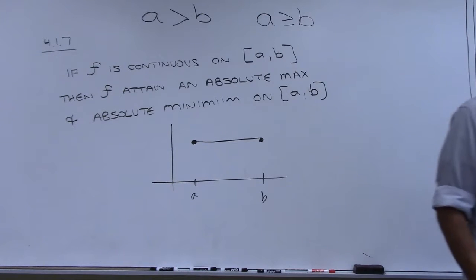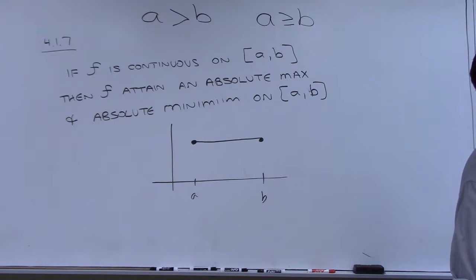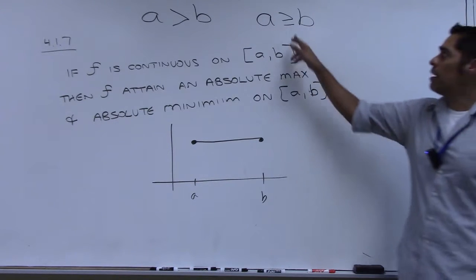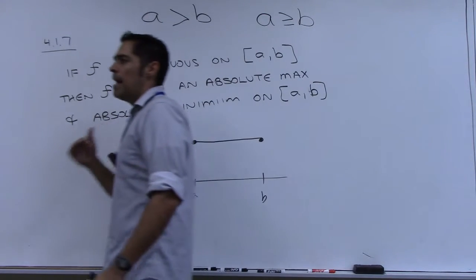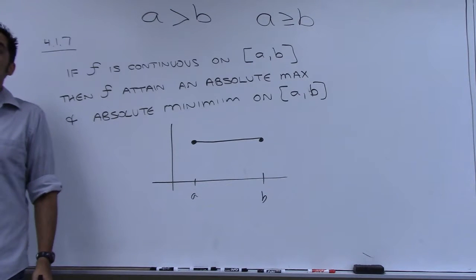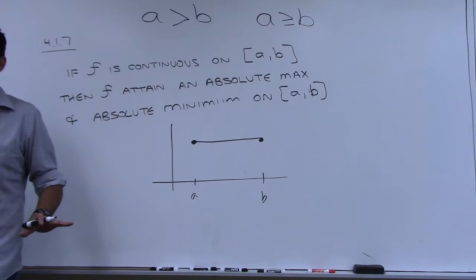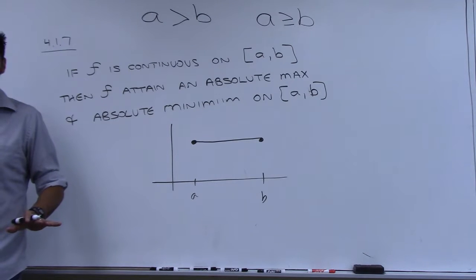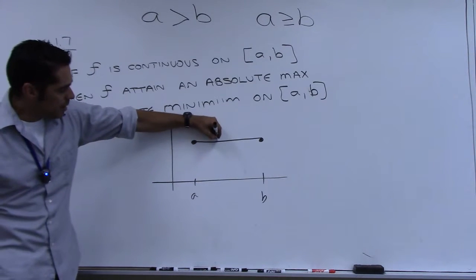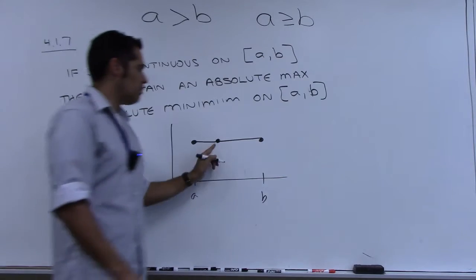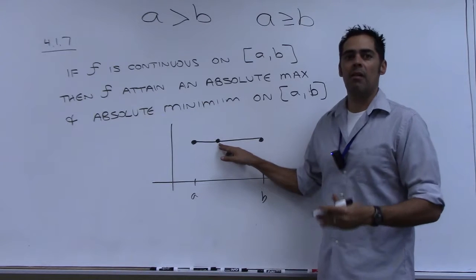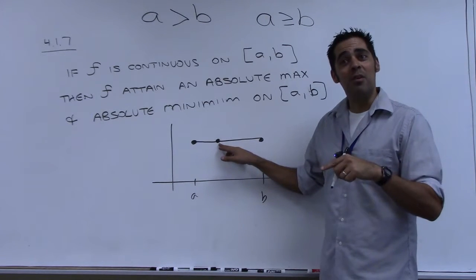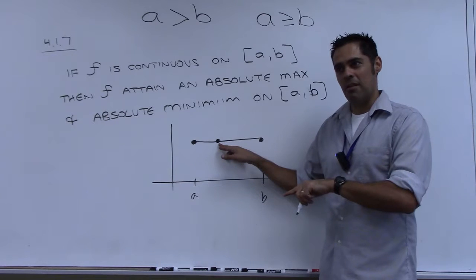And when you go back to the definition of an absolute maximum, notice that in the definition, we use the inequality with a greater than or equal to symbol. Meaning that when you say that you have an absolute maximum value, it is the biggest or equal to everything else in the function. Where here, if I pick this point right here, is the y value of this point bigger than or equal to every other point on the graph? Yes. But it's also less than or equal to every other point on that graph, isn't it?